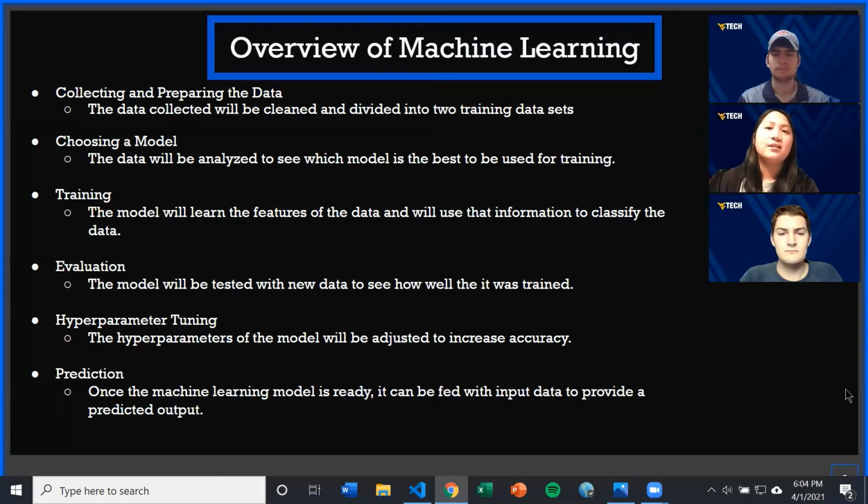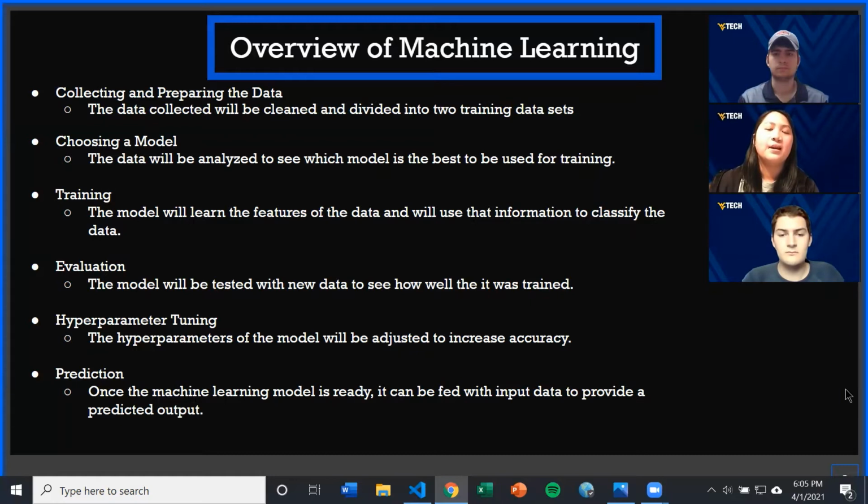After selecting the best suited algorithm, the training dataset will run through the model. The model will learn what features of the data belong to what category and will use the information to improve its ability to classify the data. Once the model is trained, the evaluation set will run through the model, and the result from the test will be a good indicator of how it will perform in the real world. After looking at the results from the evaluation set, the hyperparameters can be tuned to increase the accuracy of the